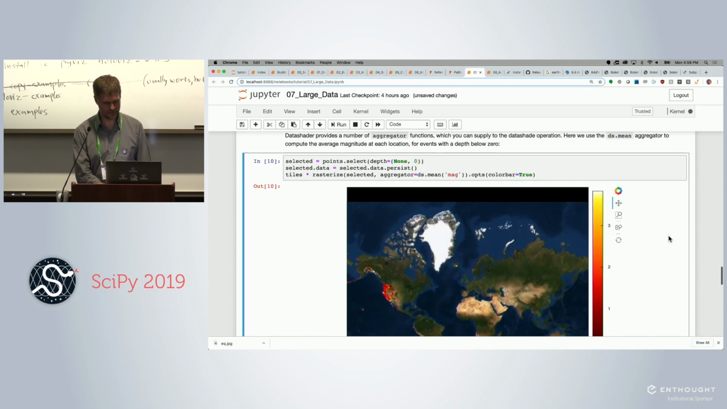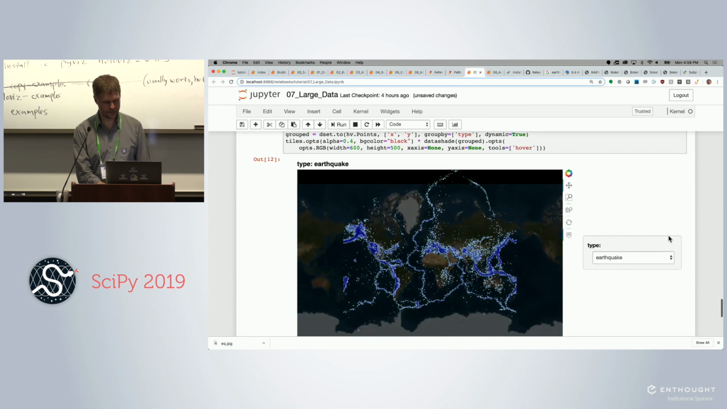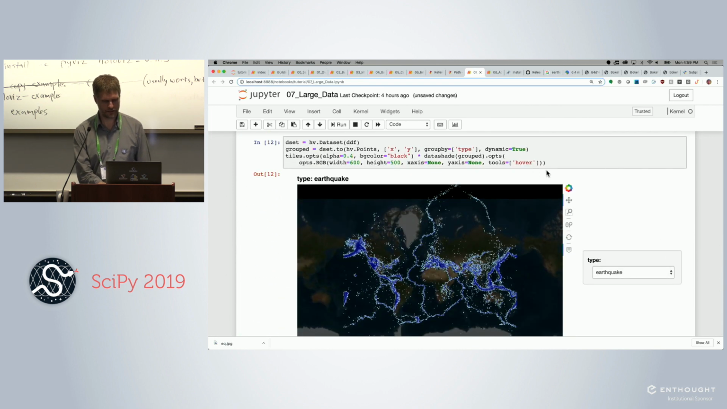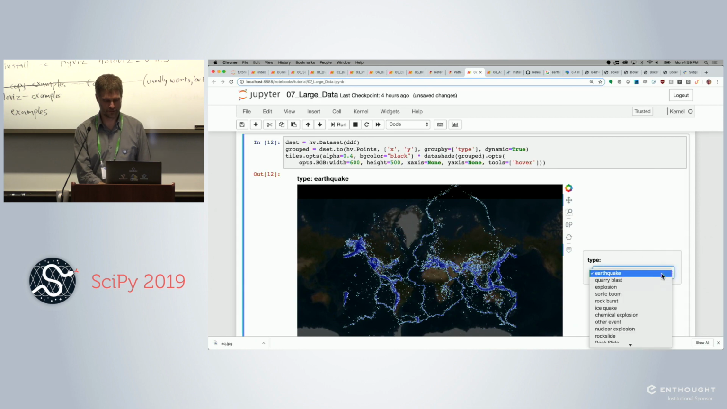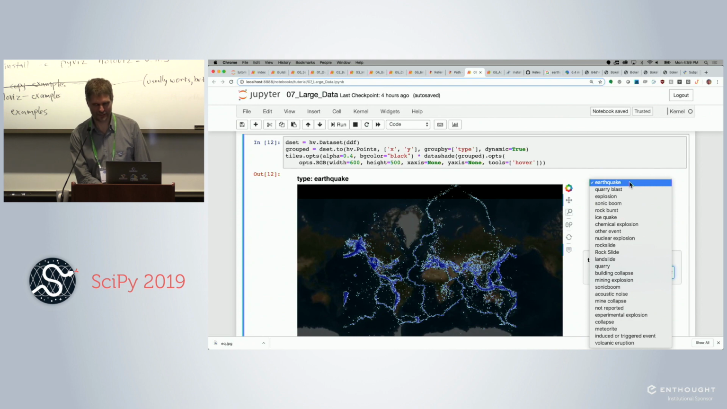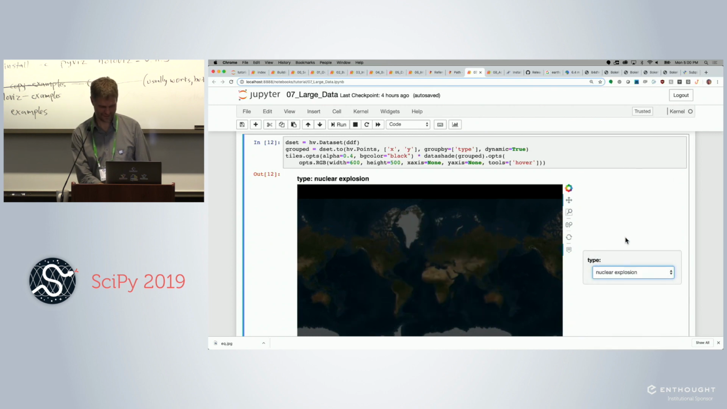Datashader combines very nicely with HoloViews. You can actually see what all the different types are. These are kind of fun. Some of the seismological events are earthquakes. There's also nuclear explosion or a rock slide. Acoustic noise. I don't know. How many nuclear explosions are there? Not many. Okay, but there are a lot of quarry blasts. Apparently America loves to do quarry blasts that gets recorded. I don't know. Anyway,